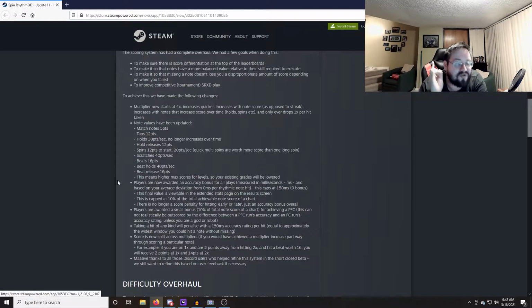Alright. Score is now split across multipliers. If you would have achieved a multiplier increase partway through scoring a particular note... Wait, what? I'm sorry, my brain melted for a second. Score is now split across multipliers. If you would have achieved a multiplier increase partway through scoring a particular note,